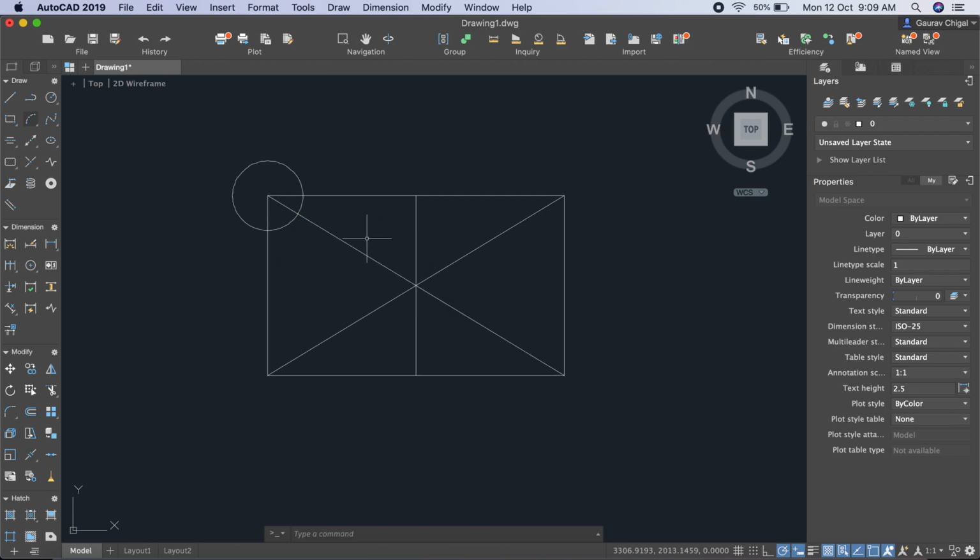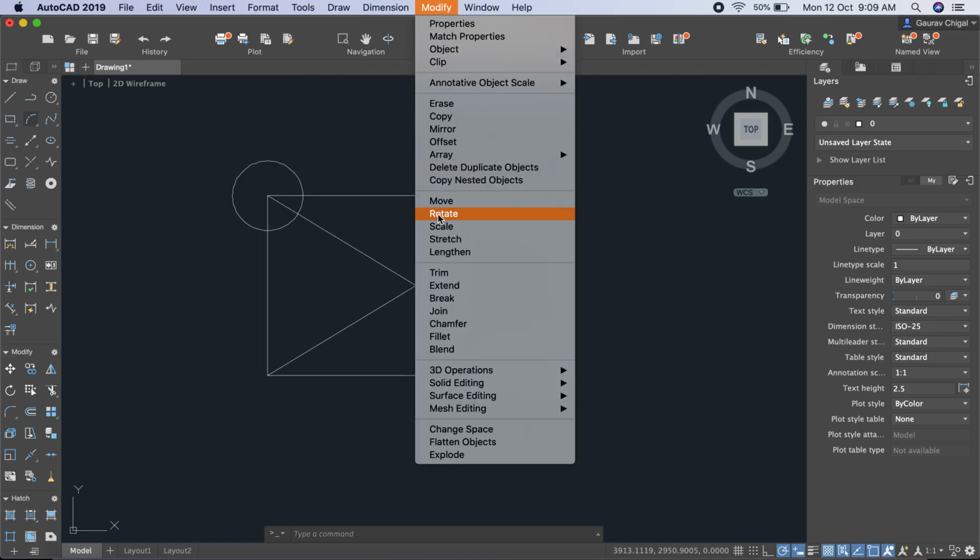This is how you can apply the move command on entities. In the case of the move command, the initial entity is gone, but you just carry that entity away to some other point. So this is your move command. Similarly, the next command is rotate.